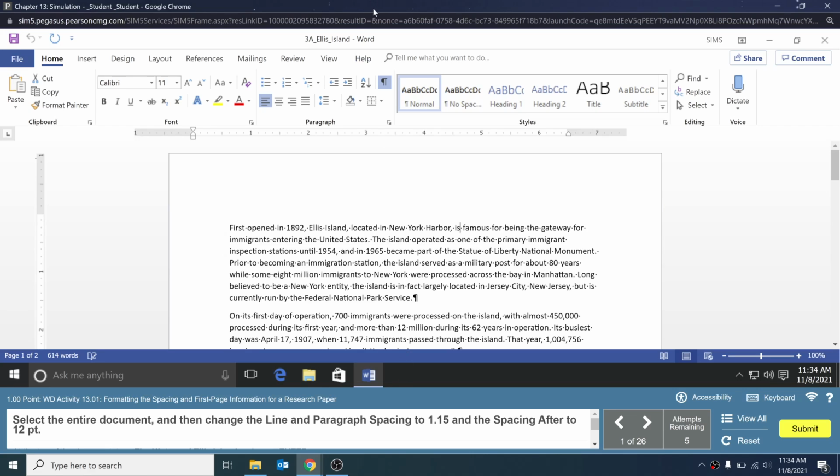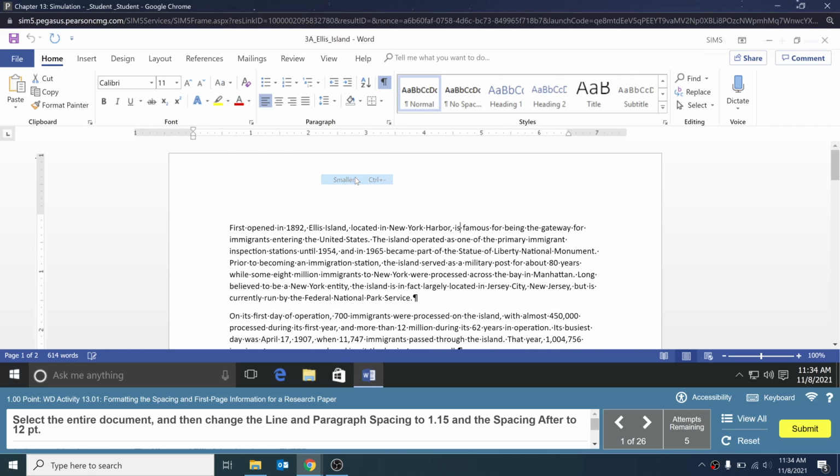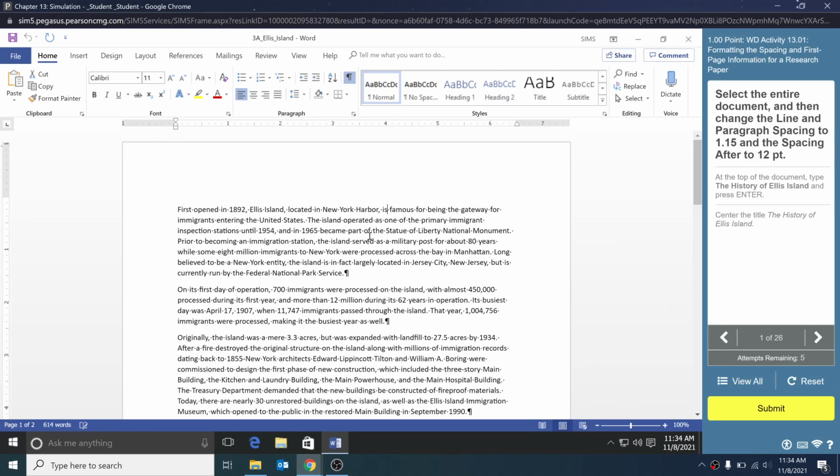And to do that, you can right-click up on the taskbar in Chrome. So it's Chapter 13 Simulation, Google Chrome. We can right-click and we can say Zoom and we can say Smaller. And you may have to do it a few times, but it will then move it over here. You'll now notice that we actually have this blue bar and everything else happening down here at the bottom, which we didn't have before. So that's why I said really it's better off if you can get this over here